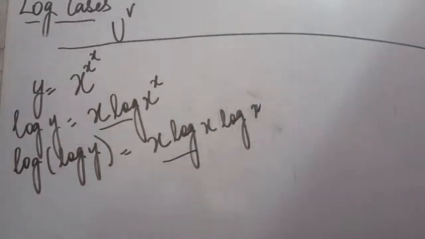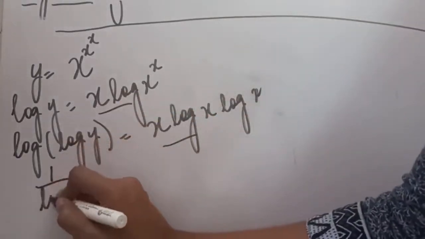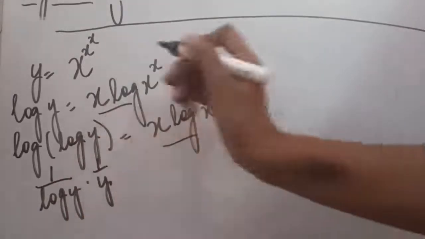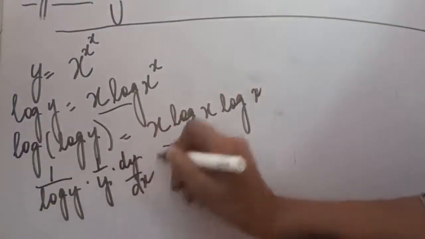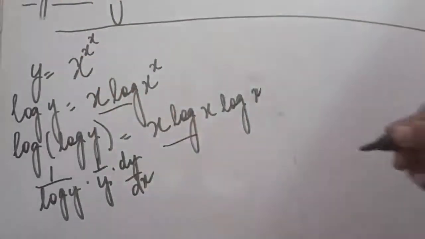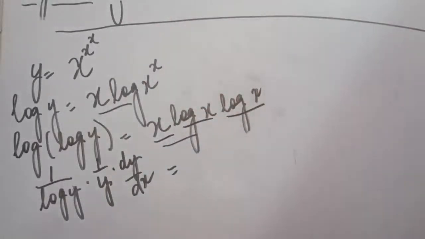So x log x. Now if you want to take differentiation of this, it will be little complicated, but we can take it. So if we take the differentiation of the first part, it will be 1 upon log y into 1 upon y. Again we have taken differentiation of log y, that is 1 upon y, with dy upon dx. I hope you understand. First we have taken the differentiation of this, it is 1 upon log y, then its differentiation is 1 upon y, again dy upon dx. On the right hand side if you observe, you have three functions, 1, 2 and 3. So u, v, w rule can be applicable.